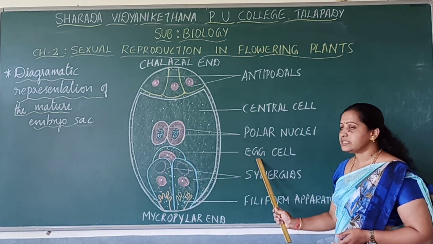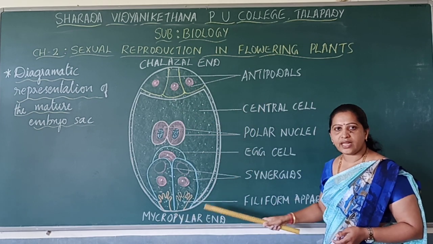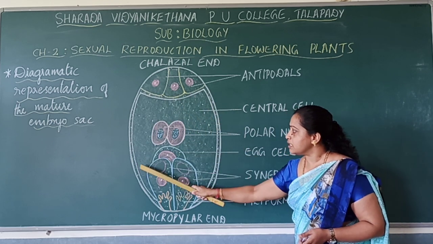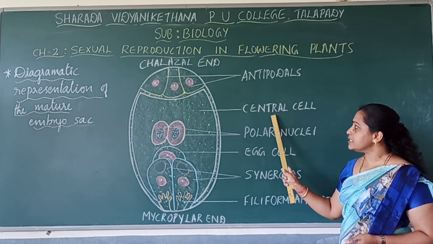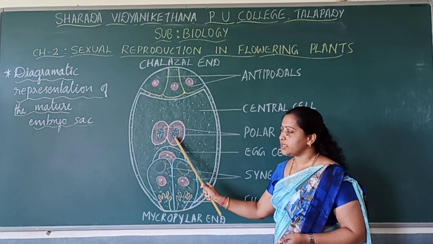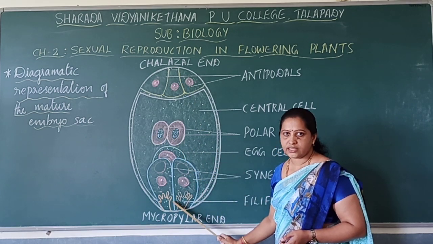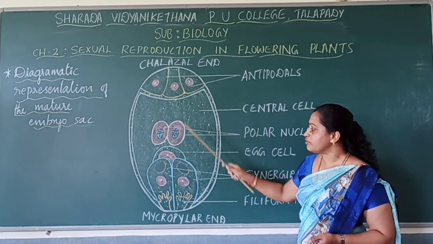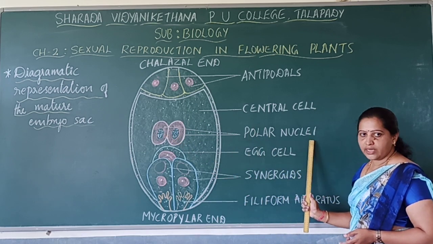Here the egg cell is a female gamete that is formed inside a female gametophyte. At the center there is a large cell known as the central cell, and the central cell has 2 nuclei. You know that these 2 nuclei have moved from the polar ends. In monosporic development we have discussed that one of the nuclei from each end moves towards the center, and that forms the polar nuclei.